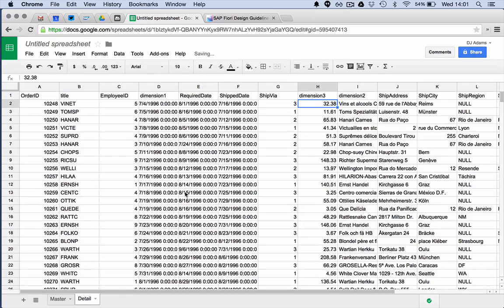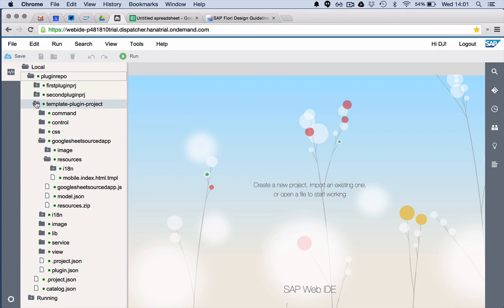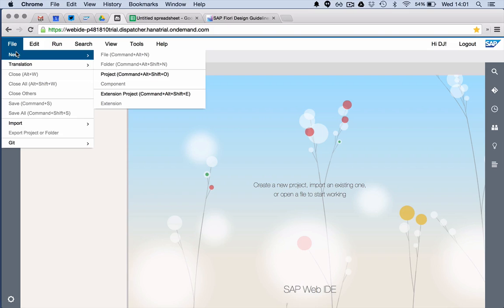There we go. We can start consuming this in our to-be Fiori app now. All we need is the spreadsheet's ID, but let's come to that in a second. So what I've done is I've built my own little plugin repository, and inside there I've got a template plugin project, and I've got this plugin called Google Sheet Sourced App. Now I'll do another video with the technical details of how I created that, but for now let's create